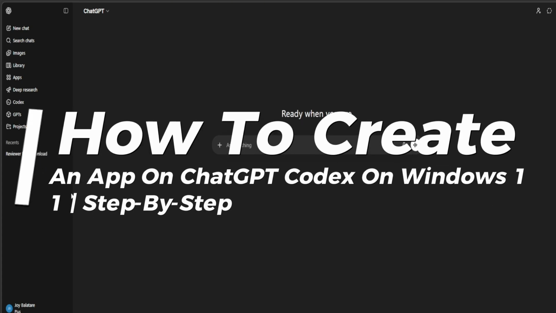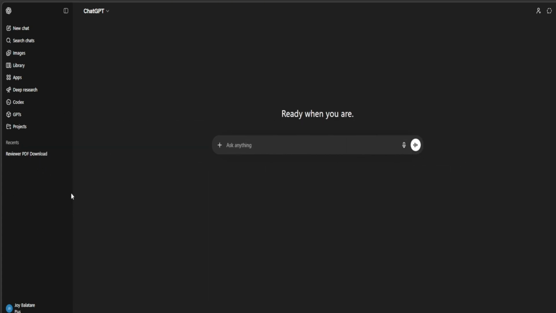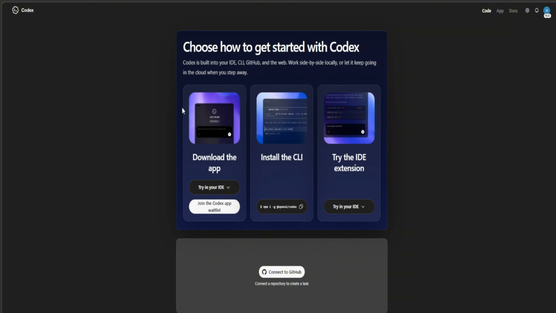How to create an app on ChatGPT Codex on Windows. So what you're gonna have to do is go to your preferred browser or your ChatGPT app. As long as you get into your ChatGPT, log into your account, and just open Codex over here. I suppose this and some of the features does need a pro subscription, so you're gonna have to put that in mind, of course. And once you press on Codex, it will lead you to something like a download option